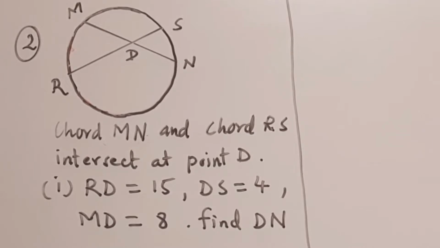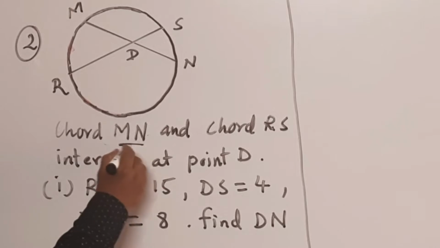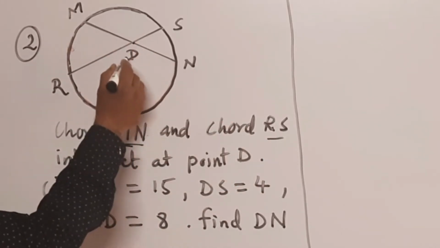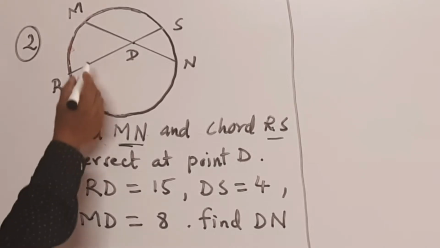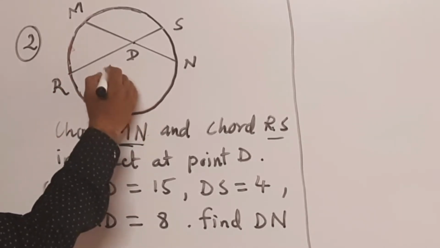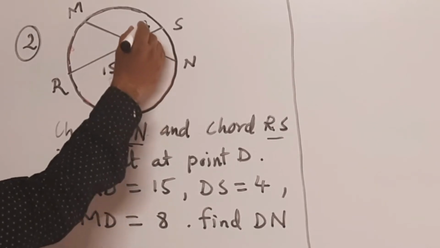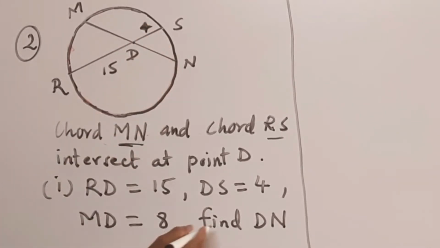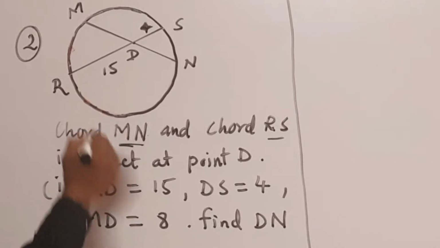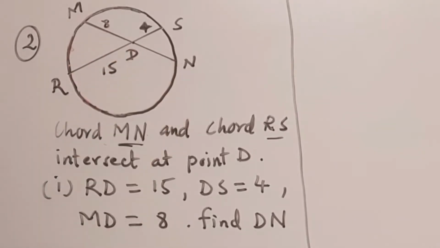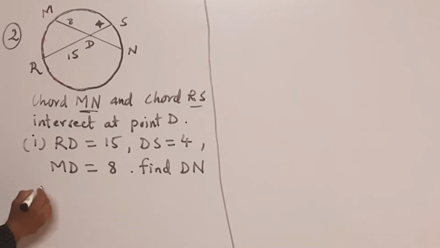Question number 2. In the given figure, chord MN and chord RS intersect at point D. RD is equal to 15. DS is equal to 4. MD is equal to 8. Find DN. So by the theorem